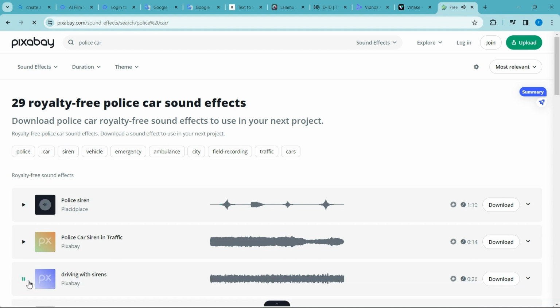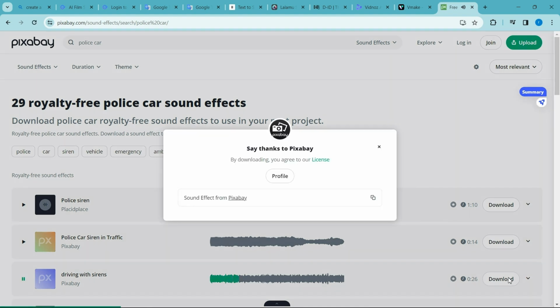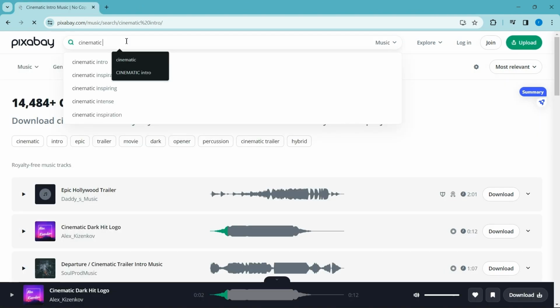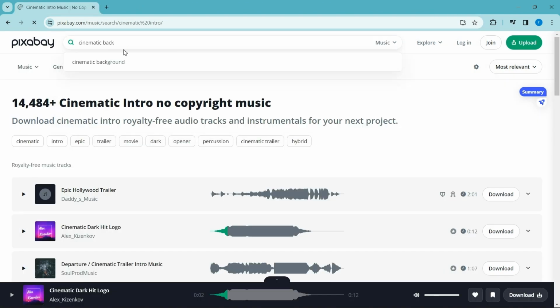You can now see many sound effects. You can download the one you like from this. You can also search for a cinematic background sound and get suitable background music for the movie.